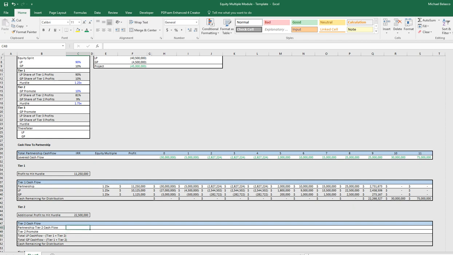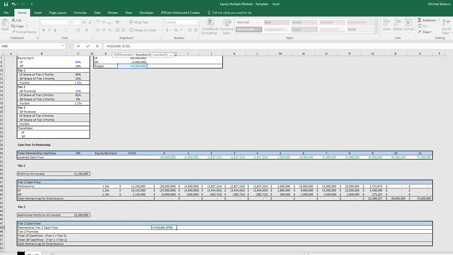Okay, so if you notice here, we have 2 partnership level cash flows. One is just going to be the partnership tier 2 cash flow, and then we have our general partner promote below. All right, so our partnership tier 2 cash flows. First, we're going to solve for if this cash flow line already equals the tier 2 hurdle of 1.75. Let's make this row 0. So if the sum of the negative equity contribution, F4,